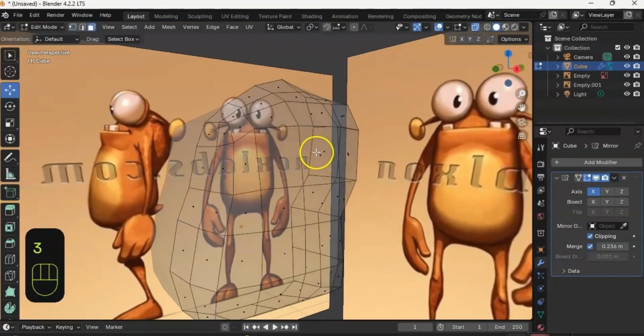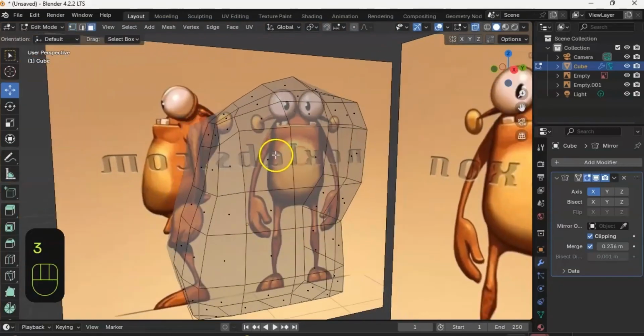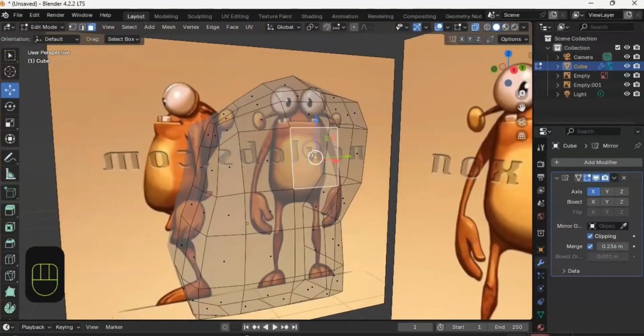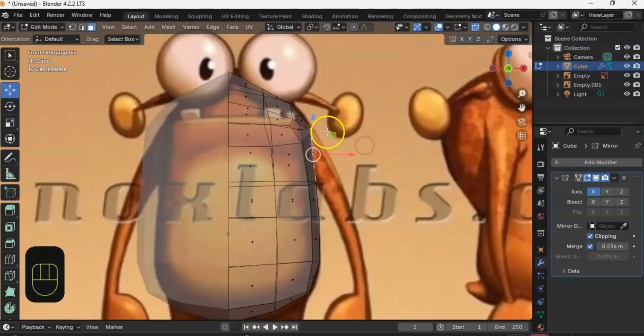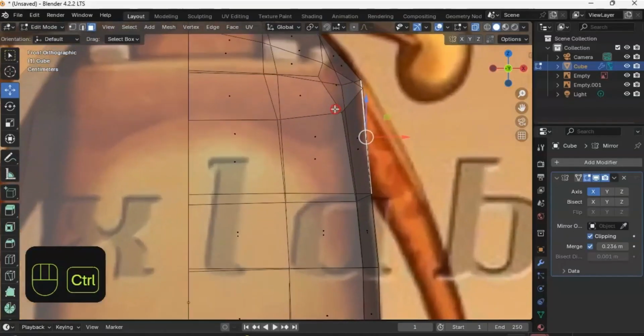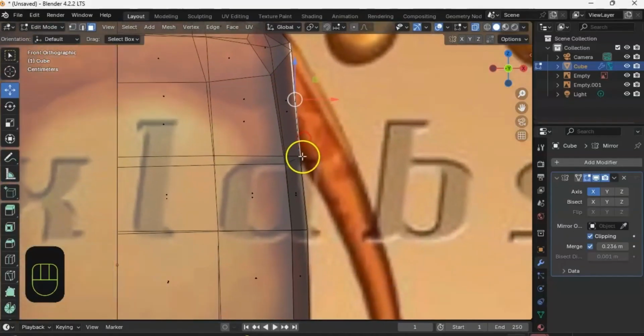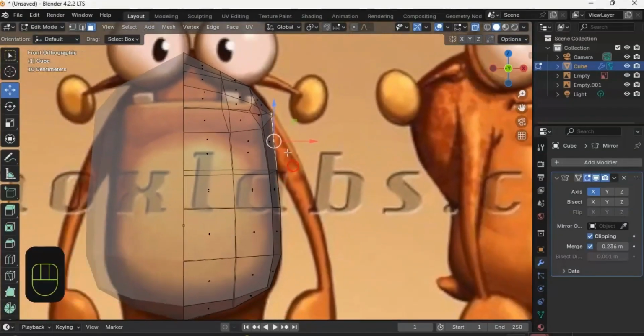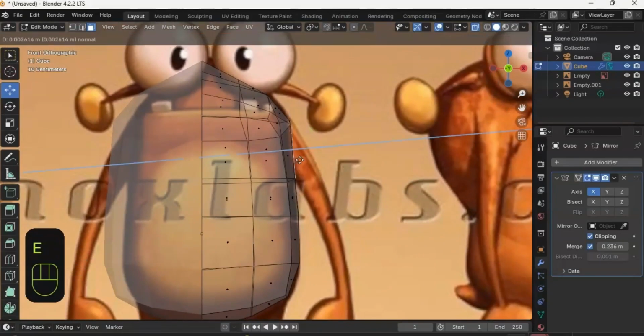So if I just go and press 3 and then select, say, that, you can probably see from the side, it's just getting the top of that shoulder there and then just down to the armpit. That's the bit that we need to see. So from there, what I'm going to do is extrude. So I'm going to hit E, extrude, but not a lot. I'll stop there, rotate,